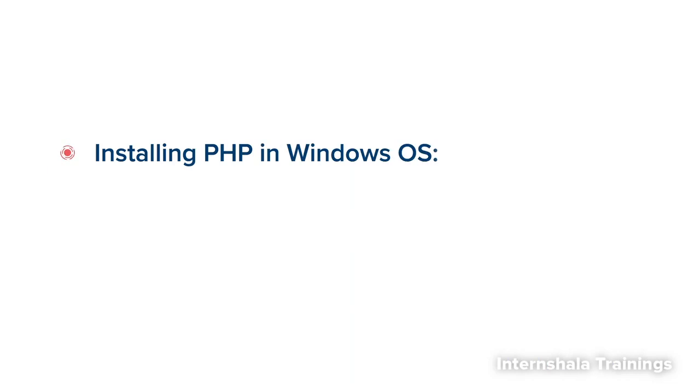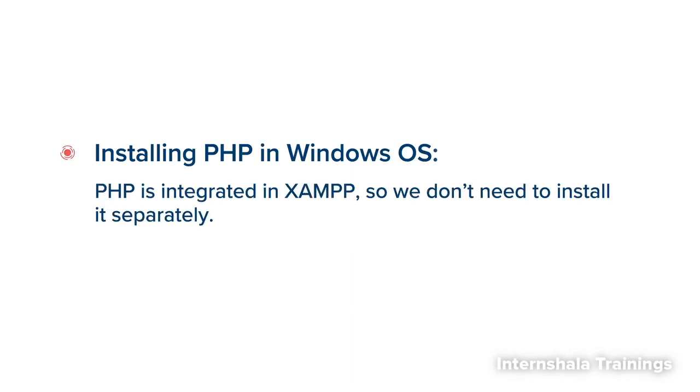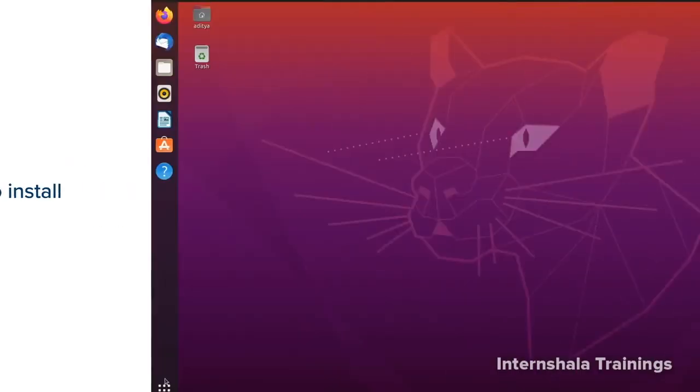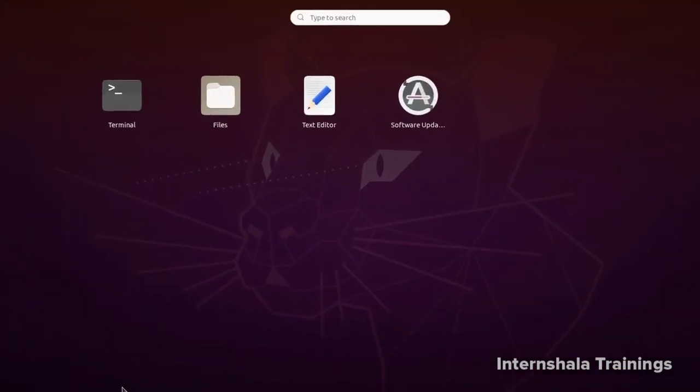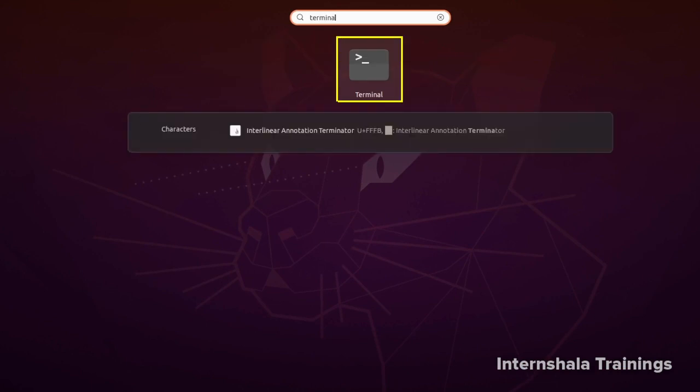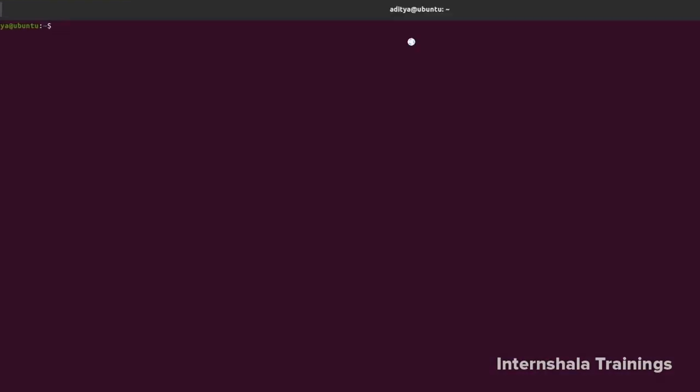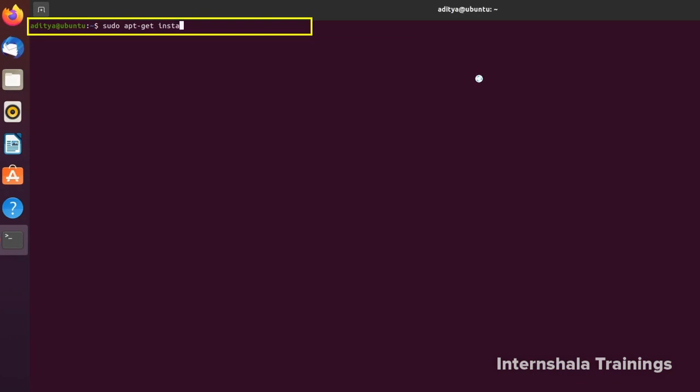For Windows OS, we don't need to install PHP as it is integrated to the XAMPP which we have already installed. For Linux, to install PHP, we first need to open the terminal. Then, we will enter this command. The PHP CLI is a simple PHP command line interface that executes standalone PHP files through the terminal. Whereas